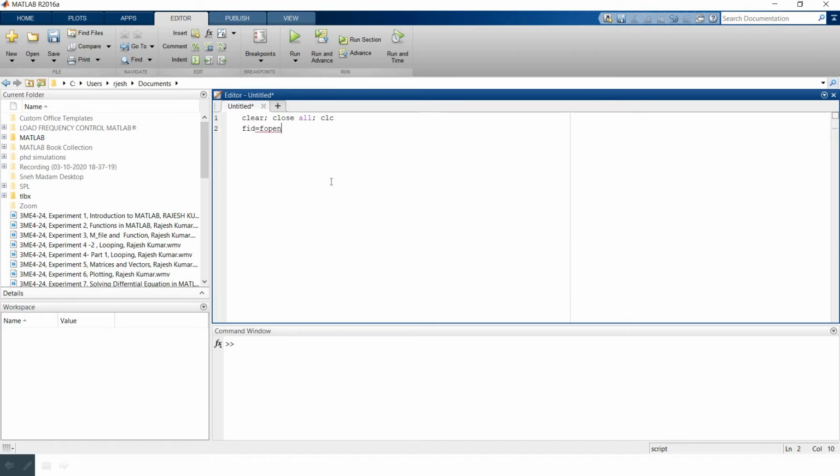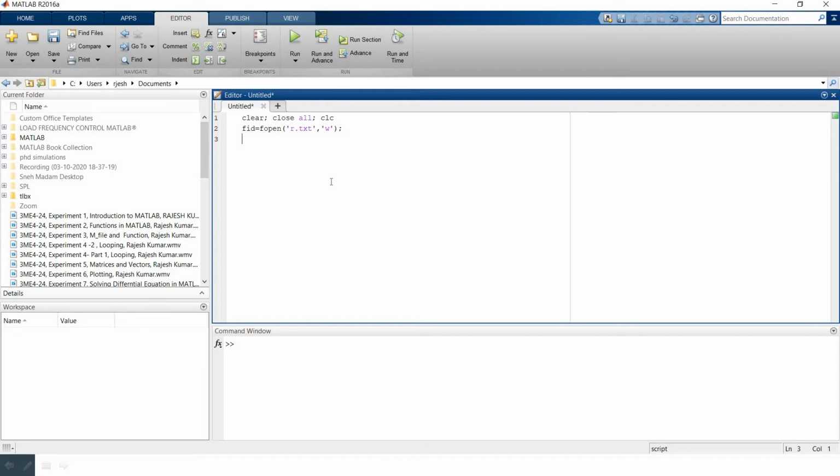What we will do is make a text file in one of our directories, and then we will write something onto it and then read it. So let's say fopen. Let's give the name of our text file, say r.txt. So what we will do is write. W is used for write, as already said in the theory.